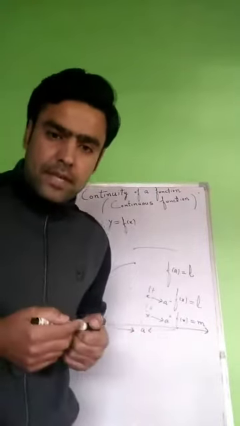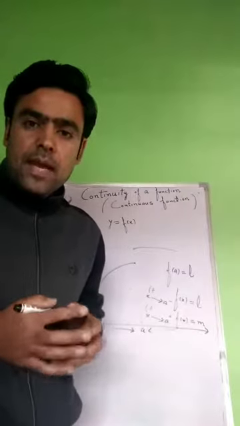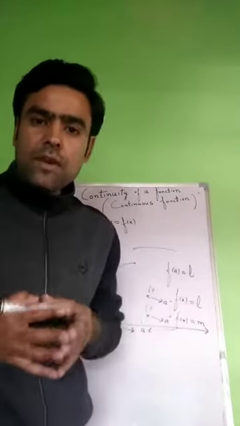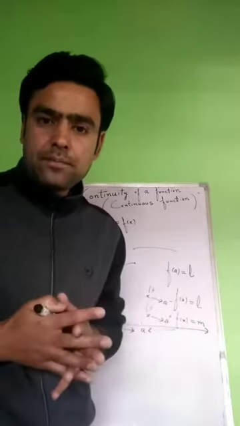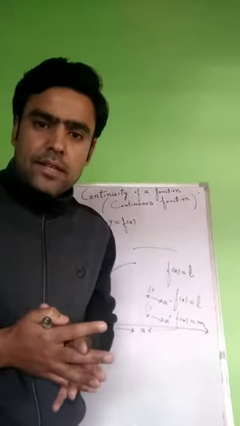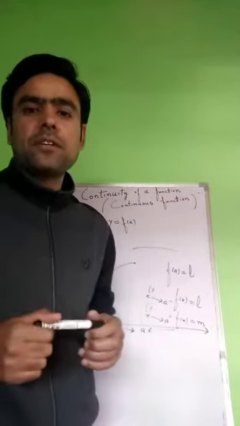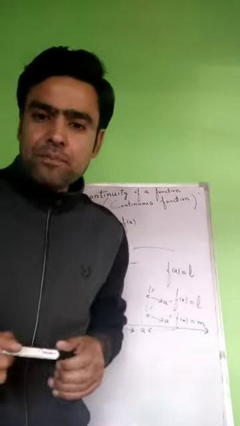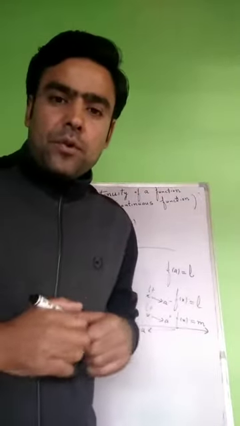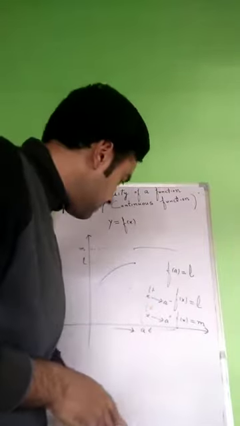Now in the previous case, the limiting value of the function exists. Also the value of the function exists, but they were not equal to one another. So that was the reason that there was a hole in the graph which makes the function discontinuous at that point. So from all this we conclude that